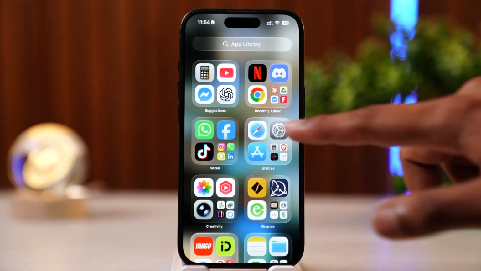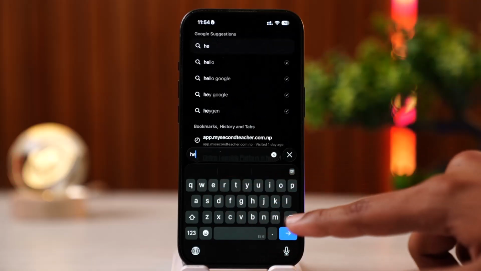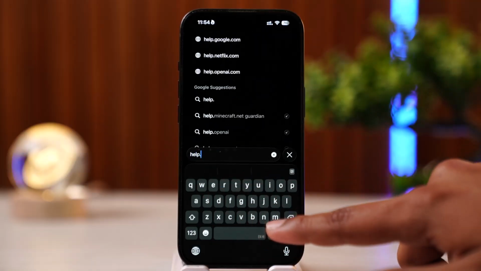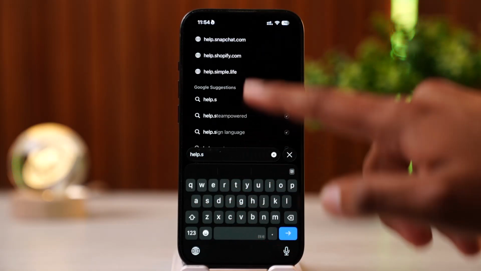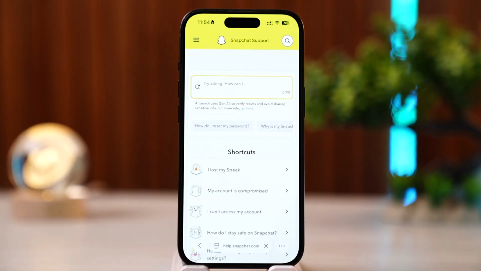The first thing you want to do is simply go ahead and open any browser that you prefer using. And on the browser, you want to go to this specific site, which is going to be help.snapchat.com. Again, help.snapchat.com, just like that, and it's going to take you to this page, which is going to be the help